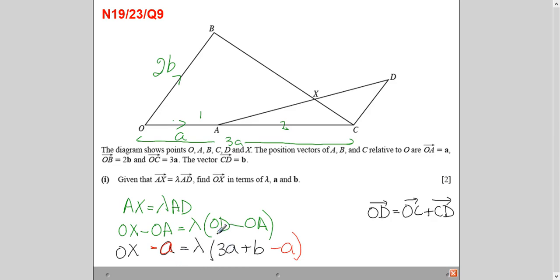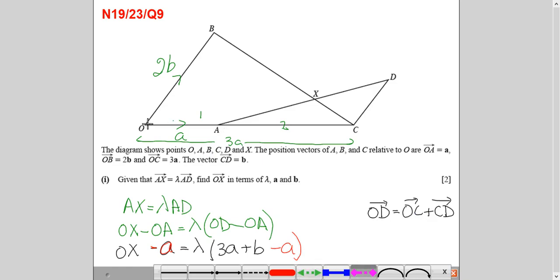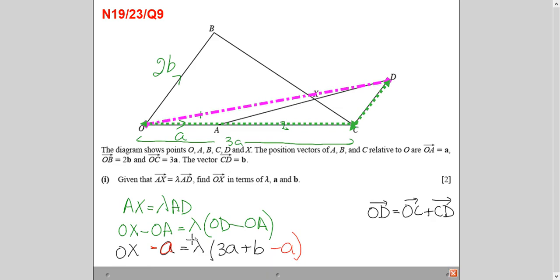By the way, this OD is not given here. So I have explained to you here that this OD, let me just draw here, for example, from here, this OD is equals to OC, if I draw the line from here, some other color, OC plus CD. This is what I have written here, right? And CD is what? How did I get this CD? I have written 3A plus B. CD is given to you in the question, right? So this is how I have gotten this piece of information here.